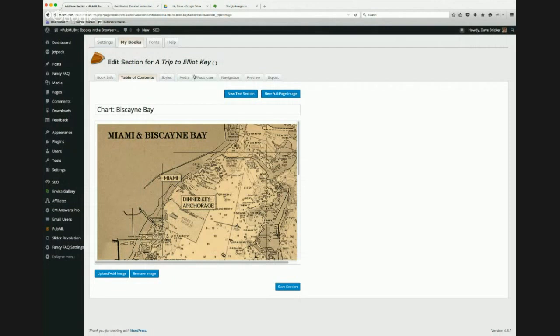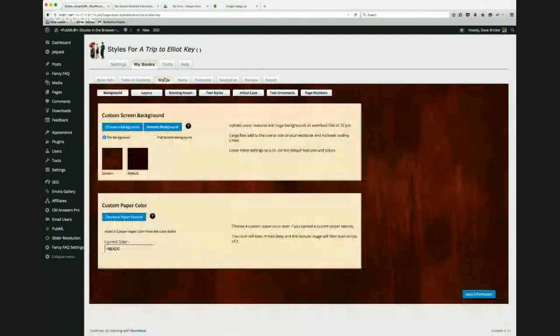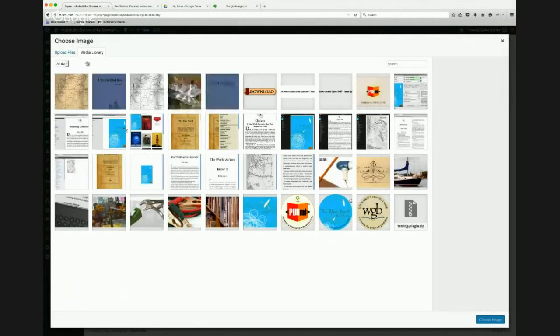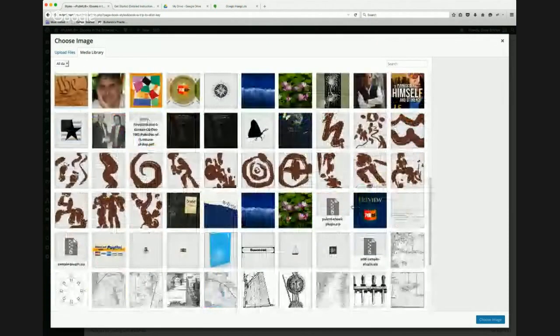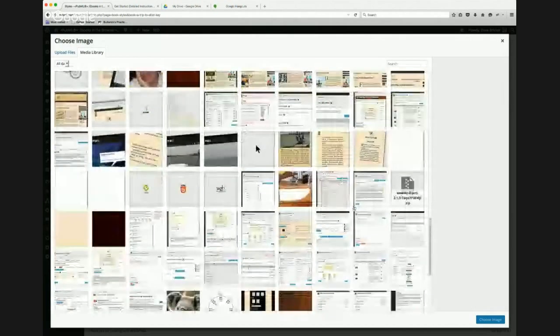Before we continue this book, let's look at some of the styles that are associated with this book. There are a lot of ways that we can control the appearance of the book, at least on the web. EPUB is much more limited. You're constrained by the size of the screen. We don't have paper textures and backgrounds, but for example, in styles, here's the background. Now, PubML in its current configuration gives you one custom background. I'm going to choose a background that I've already uploaded to my WordPress library here, media library,